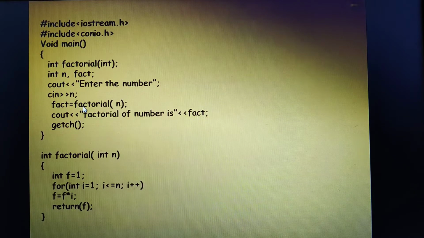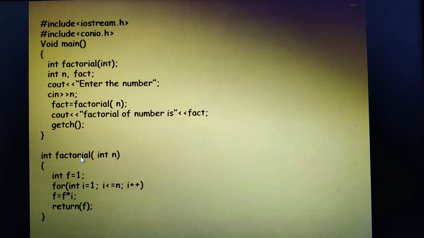Now here comes the important statement, which is a function call. This is the function name, and how many arguments does it have to take? One argument, and what that argument should be I have to mention here. So this is a function call. When the compiler encounters this particular line, it will make a jump right from your main program and go in search of where you have written a subprogram known as factorial.